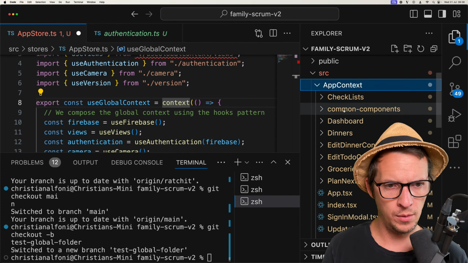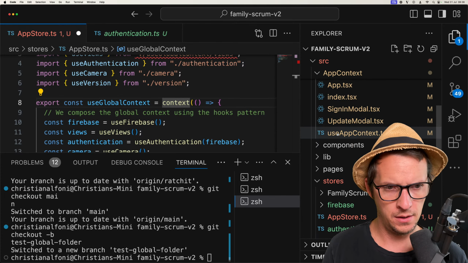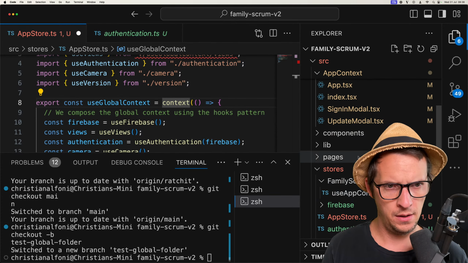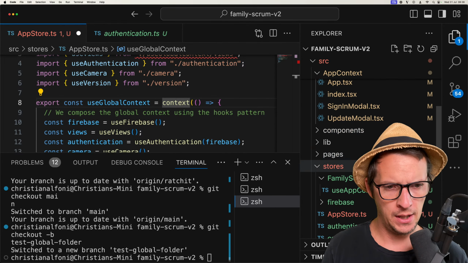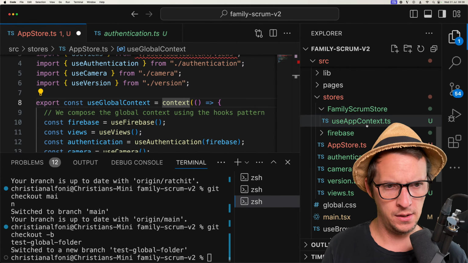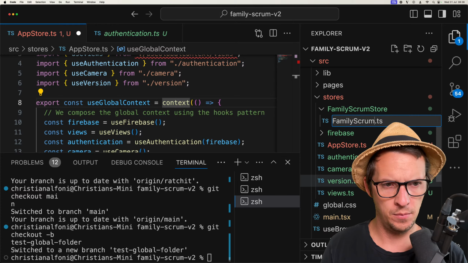So what we would do here is move that in here. And I don't think it really has anything else. So I would rename that to Family Scrum Store.